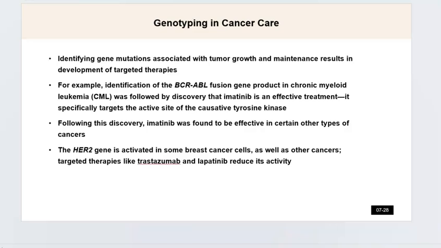All right, HER2. HER2 is associated with breast cancer. It's a gene that can be active in some of the breast cancers. So you're either going to hear like HER2 positive or HER2 negative, because they want to specifically know if that tumor has that gene. If it does have it, if it's HER2 positive, we do have targeted therapies like trastuzumab and lapatinib to reduce the activity of HER2, and that can be a treatment to decrease